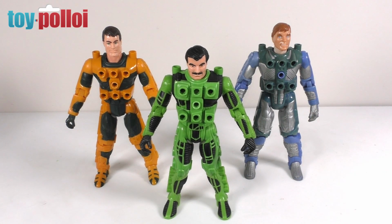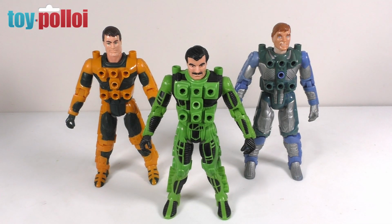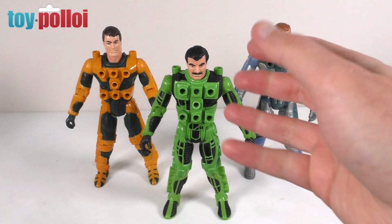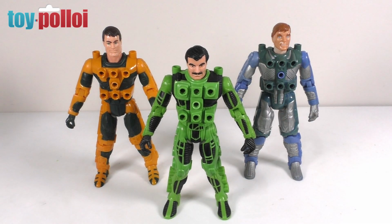It doesn't involve breaking the figures apart, and really the loss of being able to move the arms outwards when they are in the vertical position I think is a very small thing to lose. The rest of the fix does work incredibly well, and as I just showed, it means that you can actually swap the arms about, so if you wanted to do different colour combinations you could. So I tend to think that this fix is better than the one that I showed previously,